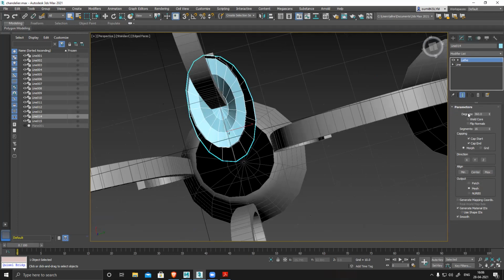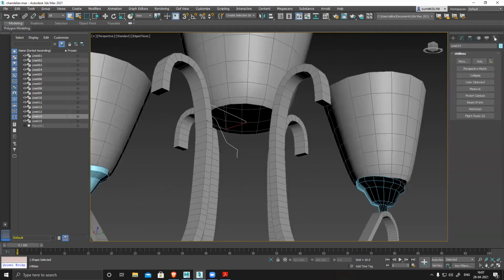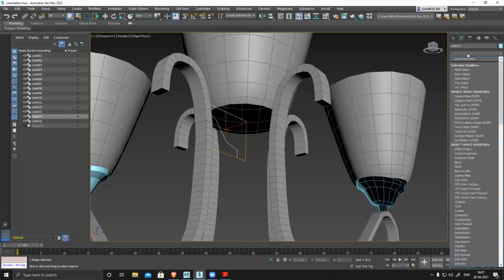So in that case, what I have to do is select my lathe, go to my utility, and there is an option called reset X form. Click on this and then reset it. Go back to modifier and then on top of it use lathe.